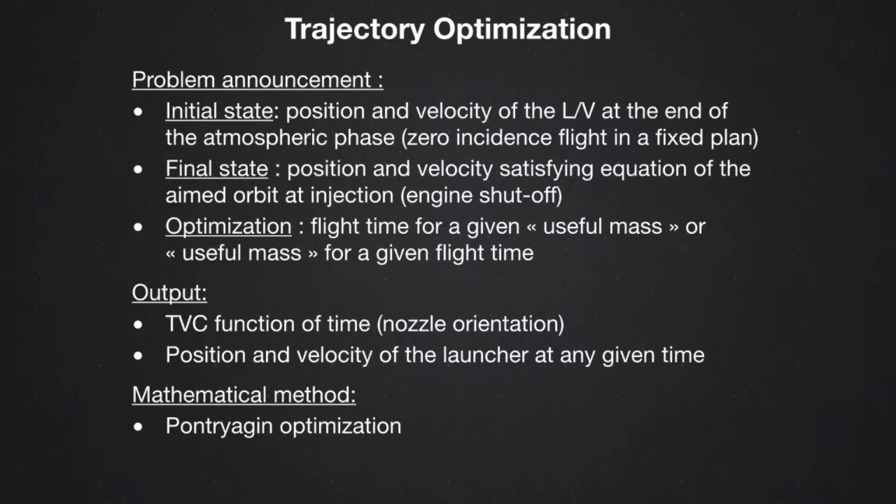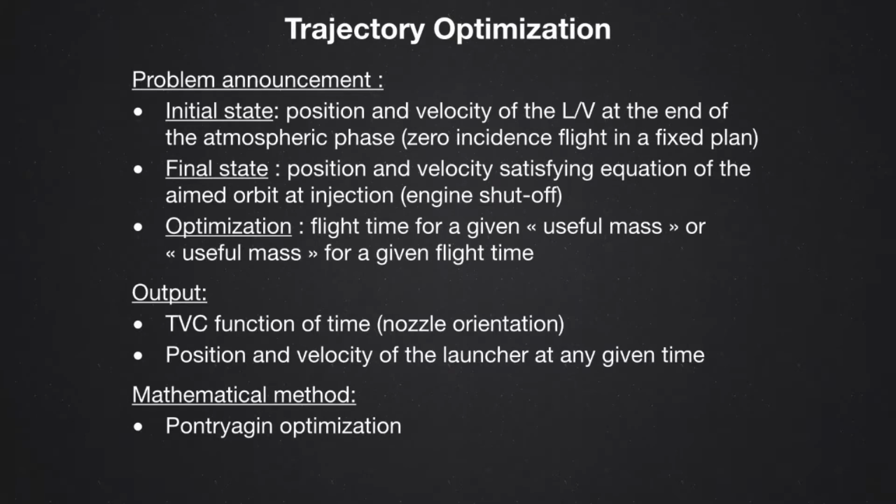This is because it's not the launch pad: during the atmospheric phase, the path is imposed, because you need to go to zero incidence until the end of the atmospheric phase. When you are at the end of the atmospheric phase, that is the initial state of your real optimization phase, and the final state is the position and velocity of the satellite satisfying the equation of the aimed